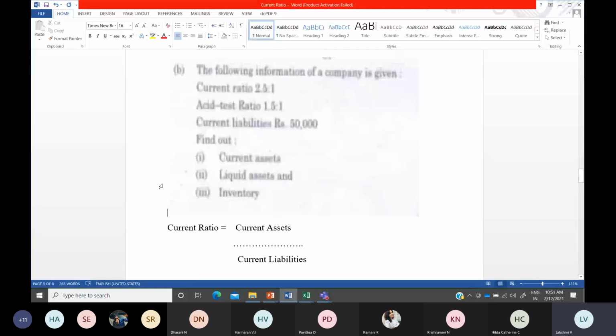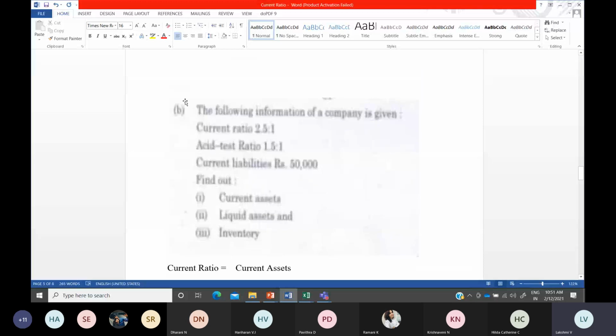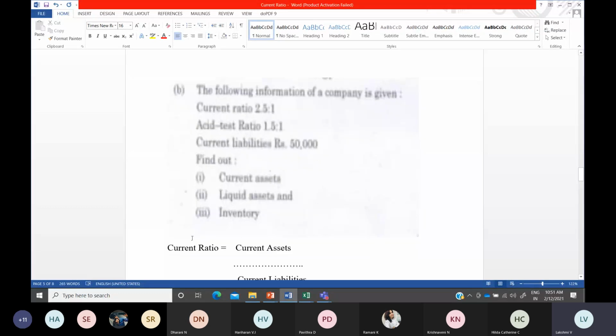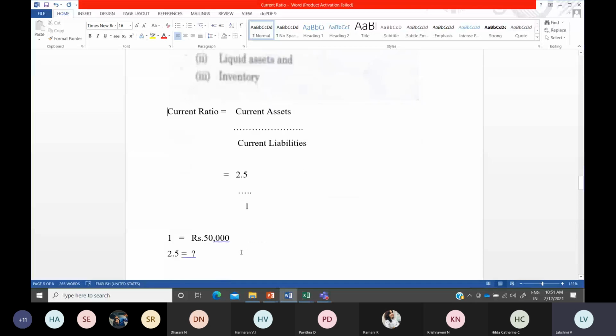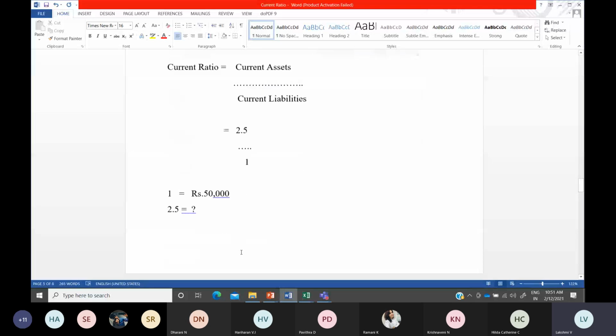All this, every subdivision, you have to mention under the question number in that B section. Within that subdivision one, mention calculation of current assets. Better to put all these things: current ratio is equal to the formula, then substitute and find out like this. Okay, clear till this? How we found current assets?